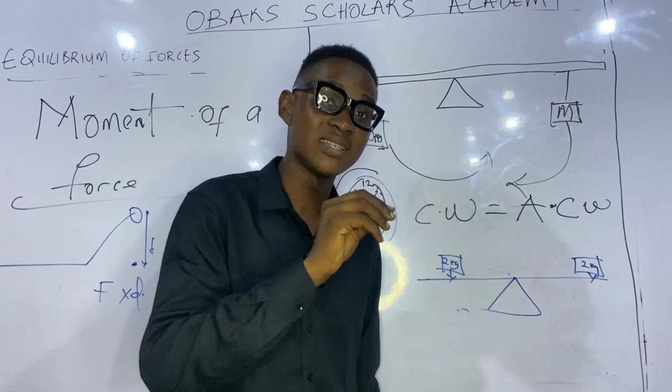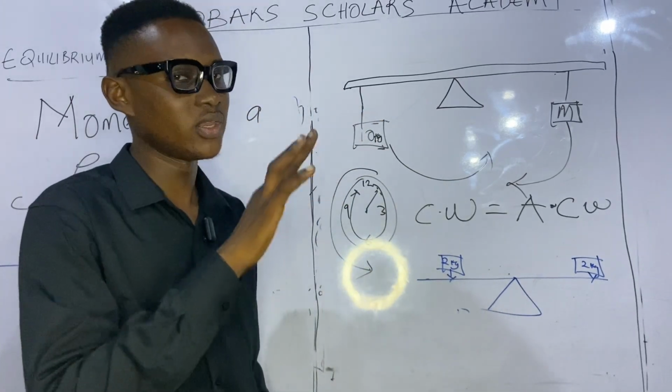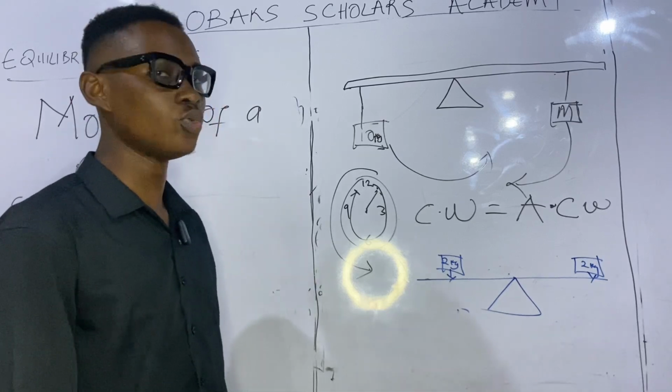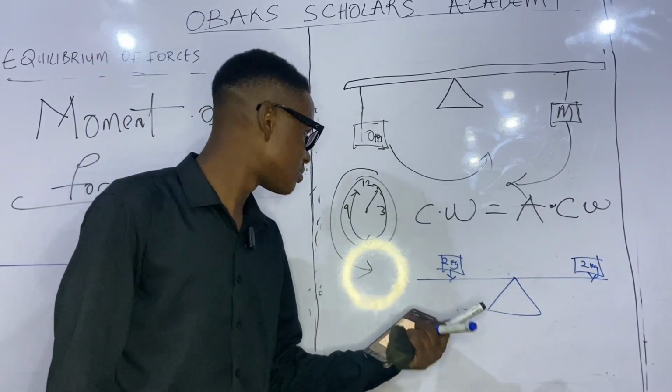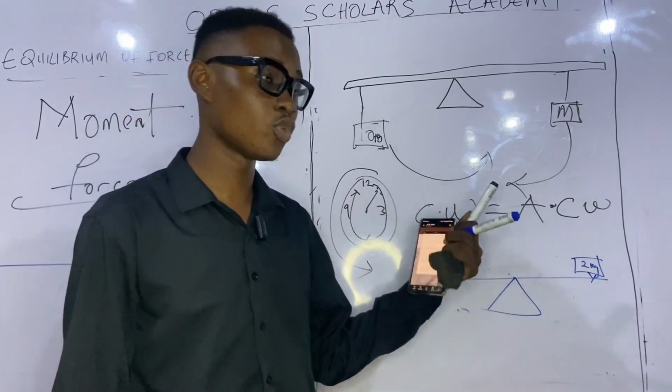Remember, the principle of moments applies to bodies that are in equilibrium. So in the principle of moments, for a body in equilibrium, the sum of clockwise moments must be equal to the sum of